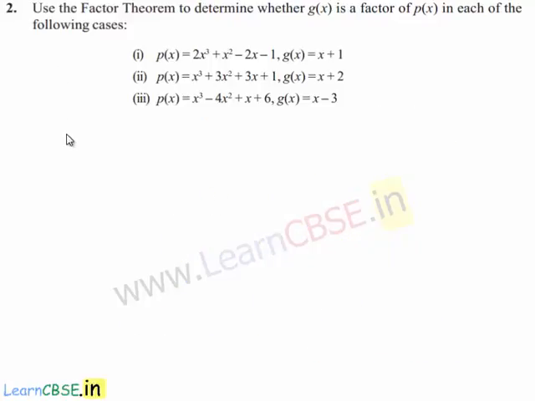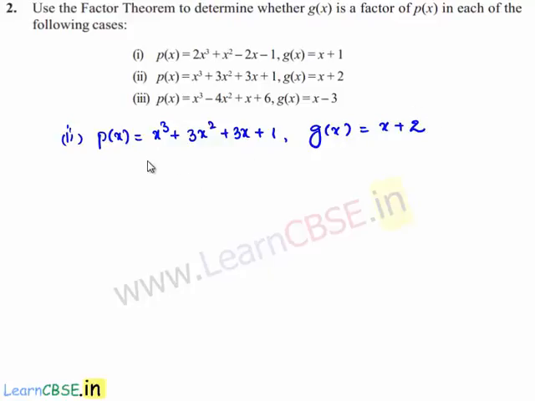Now the second one is, let us use factor theorem here also. First find the 0 of the polynomial. It is x plus 2 is equal to 0, which is x is equal to minus 2. Substituting the value of minus 2 in the given polynomial, we get p of minus 2 is equal to minus